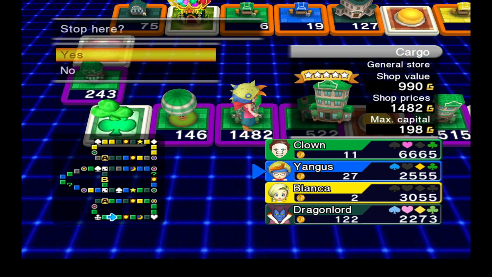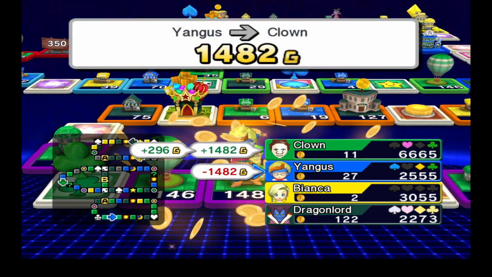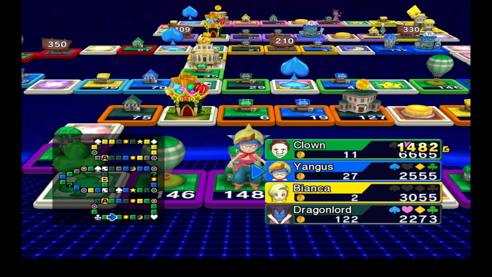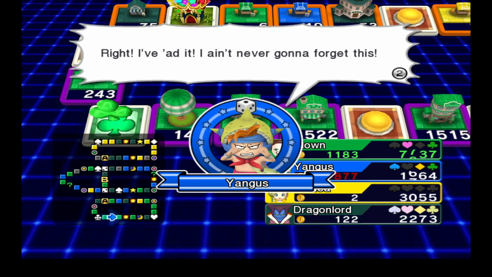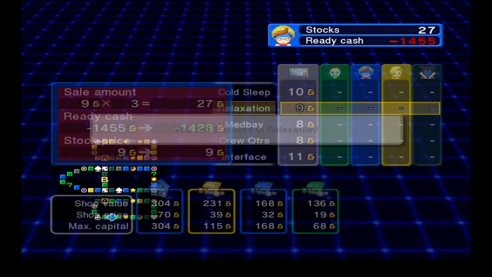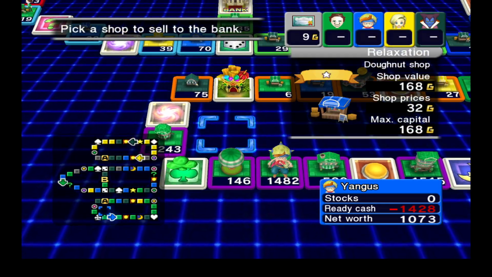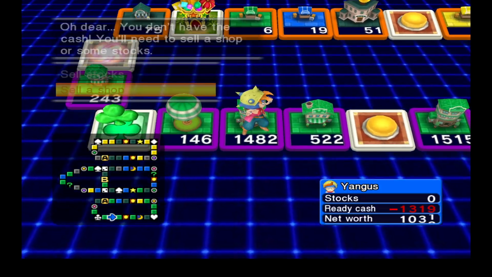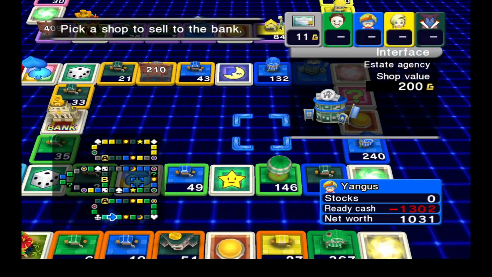Oh, we've got a hard hit. Right, looks like Yangus has just been guaranteed last place, unless somebody else does the same thing. He ain't ever gonna forget this, he said. Okay, well, the board is going to be turning very green in a moment because I will be bidding on everything because I have no...